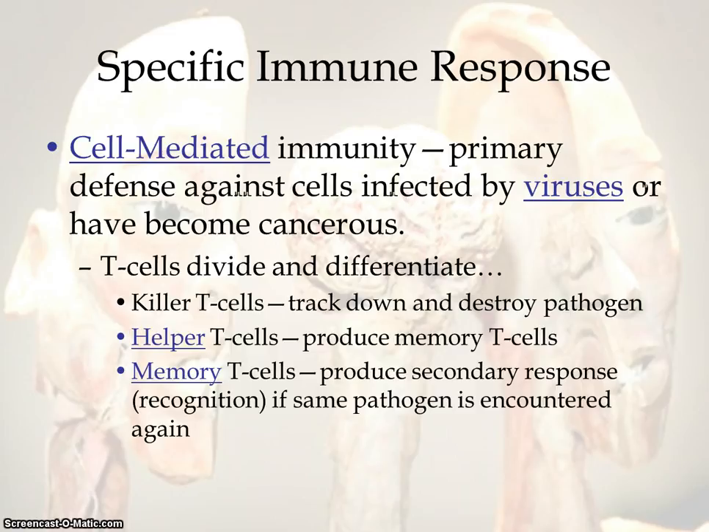You can get killer T cells, which are going to be the ones that track down and destroy the pathogen. The helper T cells are actually what's going to build memory, so if it recognizes that particular pathogen again, it can attack it before it causes any problem. And then your memory T cells are going to work in concert with your helper cells, and it's all about making sure that defense is built and recognized and maintaining a healthy